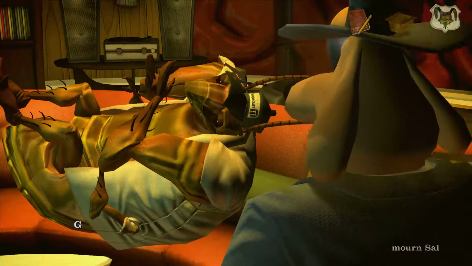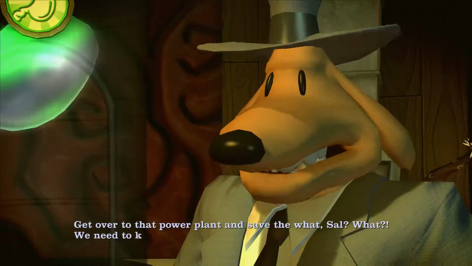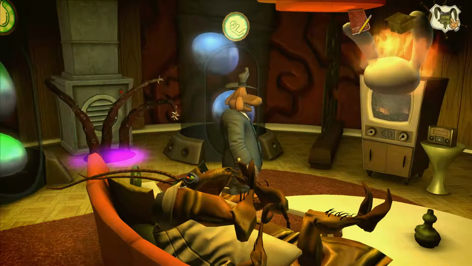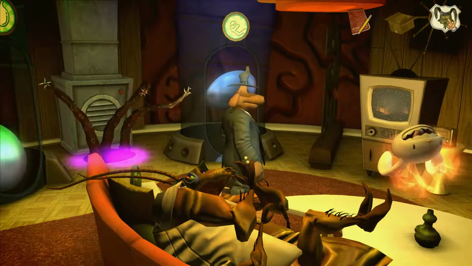Let's mourn Sal. Get over to that power plant and save the what, Sal? What? We need to know. No, we don't. So we now have control, I think, so...